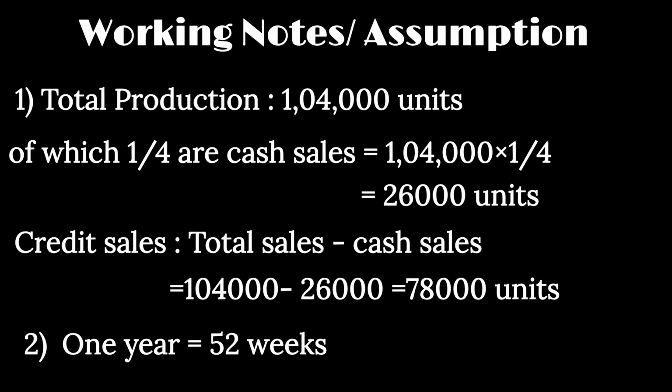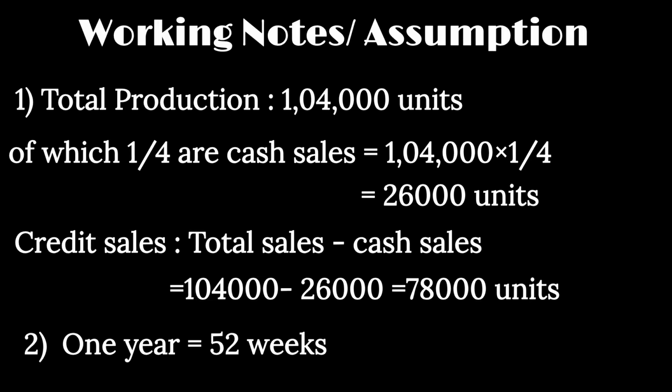Then the second is that 1 year is considered as 52 weeks. Now if you have seen in the question, we have been given some time lag in weeks and some in months. So to maintain the same format, we will convert the month period into weeks, and we will do the calculation in weeks. Also, the calculation of current assets and current liabilities in terms of number of units will be done on credit sales only, because you are liable to pay only on the thing which you do on credit. So in this case, credit sales is nothing but the credit allowed to the debtors. So this is the working note.